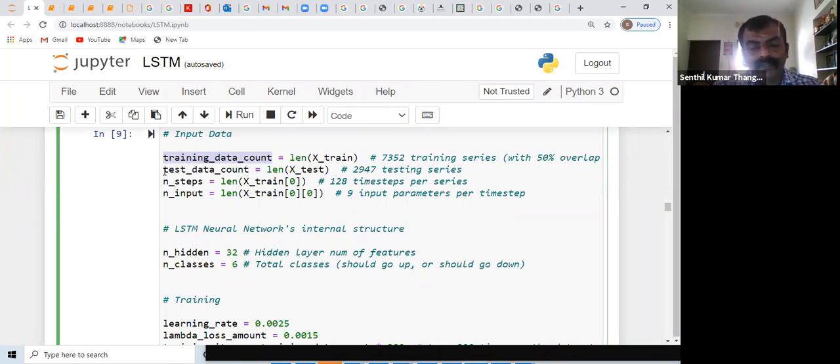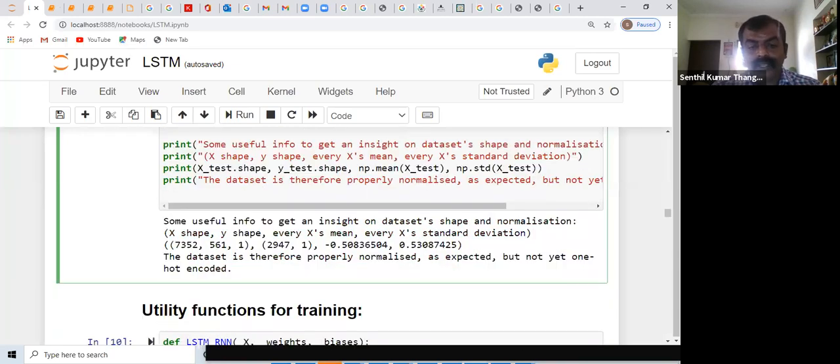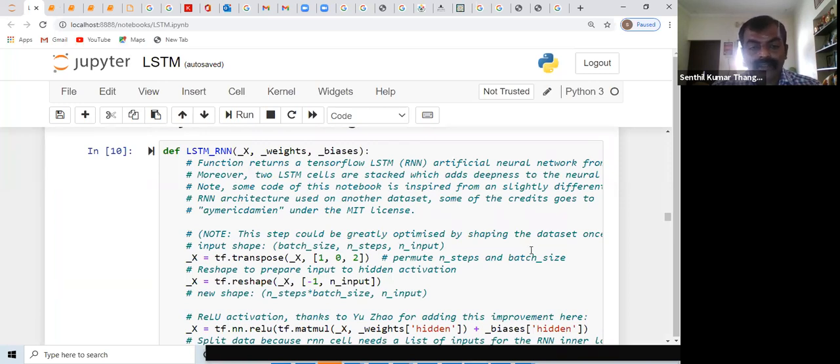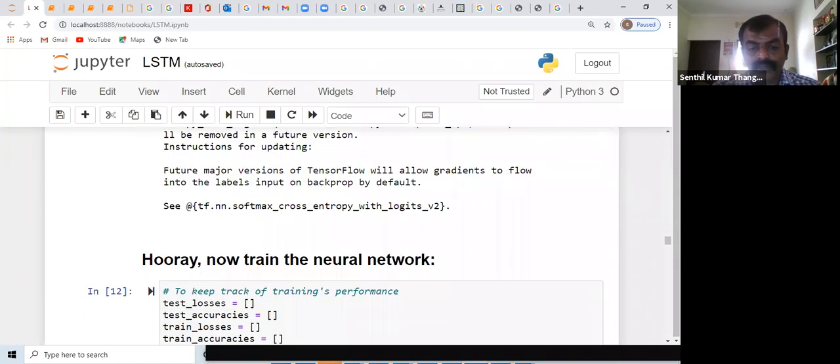Here, we have data that is coming from the sensors. They are feeding in the other parameters, as you can see here: the parameters for the hidden layers, number of classes, learning rate, and loss amount for lambda. Once all these parameters are provided, it takes live data and runs through this model function, that is LSTM underscore RNN.